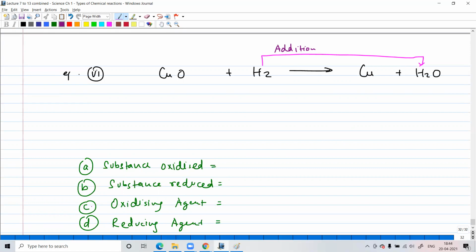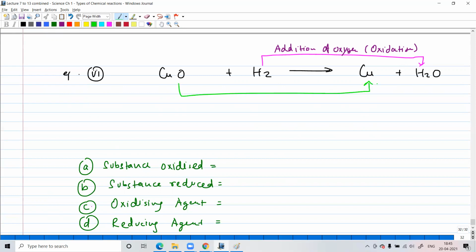Oxygen is getting added, so we can use the straightforward definition. Yeah, this one has hydrogen and oxygen, so here it is simple addition of oxygen. So this is oxidation, and here